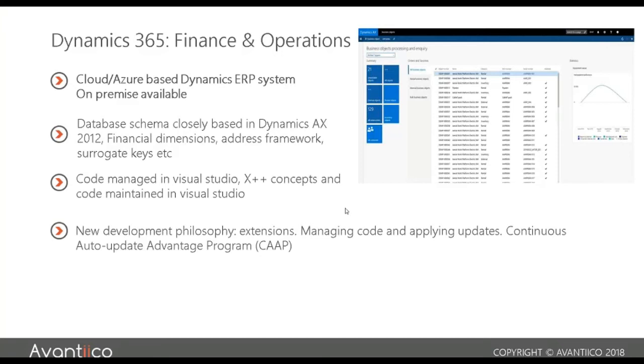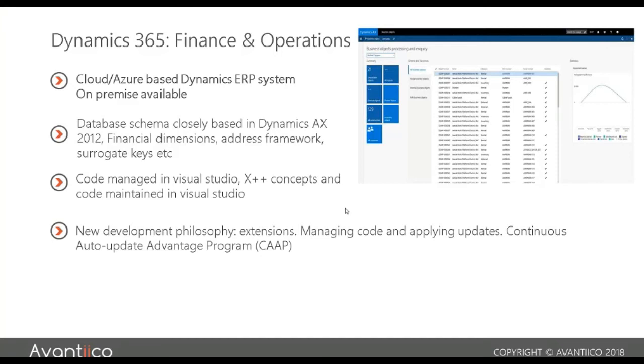It's a cloud-based ERP system in Azure. The code now has been moved into Visual Studio. The X++ concepts are the same. So if you have a piece of code or a method in AX 2009 or 2012, you can expect to read that same kind of code in 365.